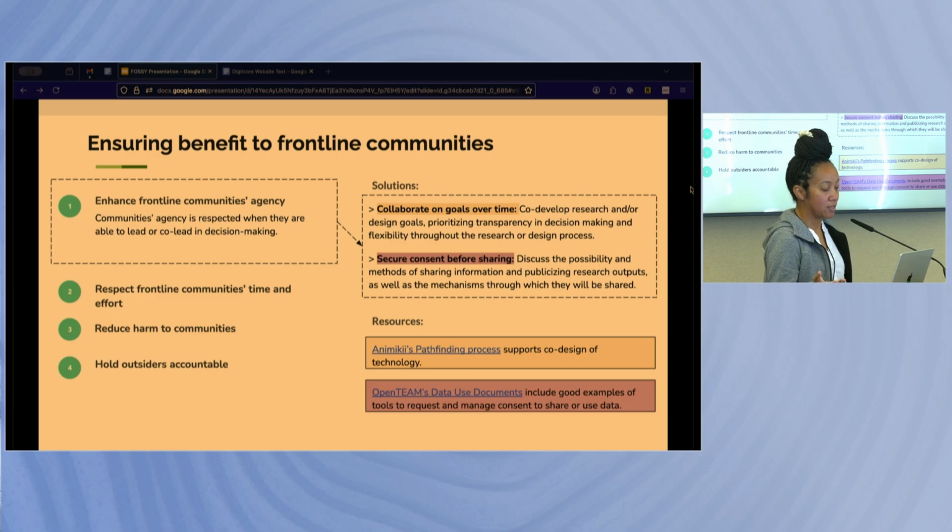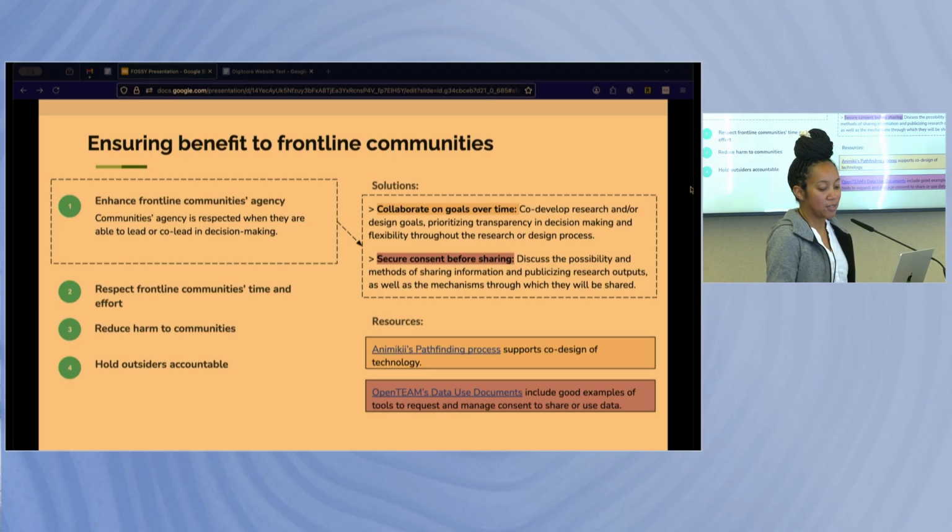So as I mentioned, you'll see the theme across the top, patterns across the left. For each of these themes, I pulled out one pattern and its solutions and resources, so you can get an idea of how the rest of the toolkit will look. Knowingly, there's only so much we can fit on a slide, so I just pulled out a select sentence here or there to make sure you got the general gist. For example, the first theme that we found is around ensuring benefit to frontline communities, which means going beyond access and inclusion to prioritizing ownership and collaboration. Here the pattern is enhancing frontline communities' agency. This is the one that's been pulled out.